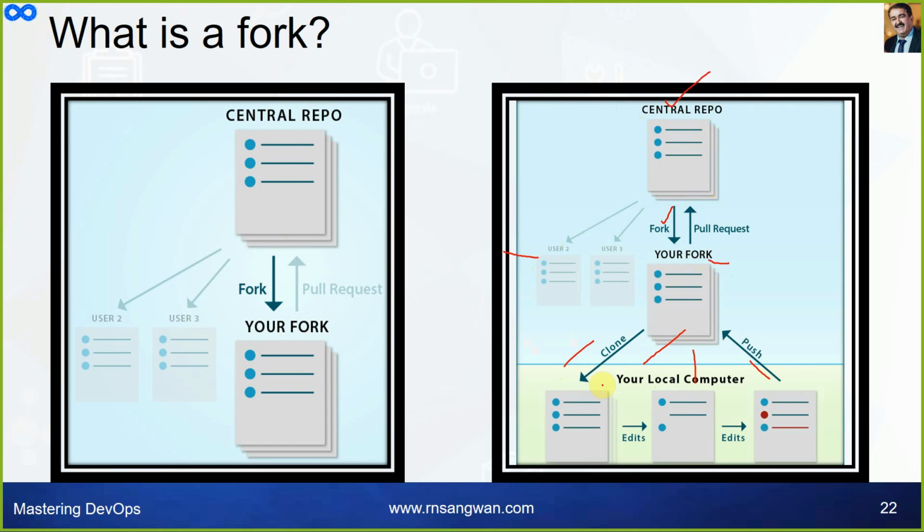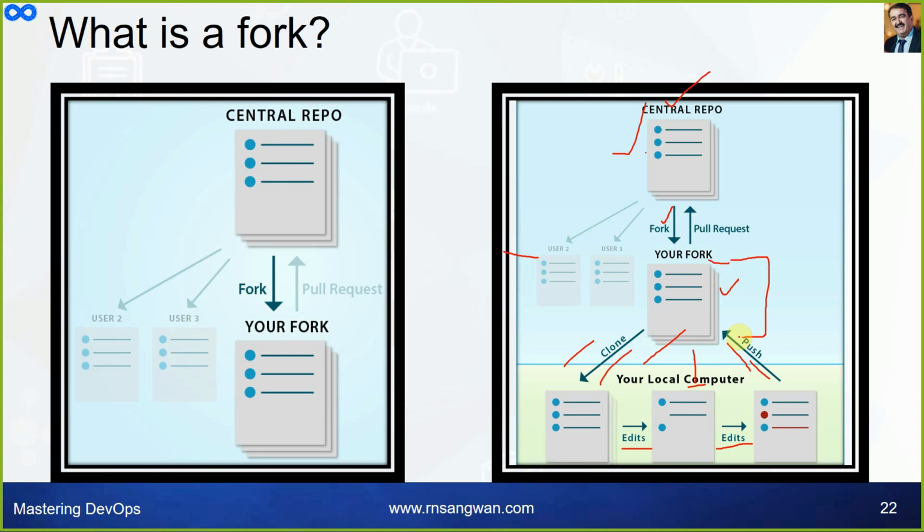So this push will work. Clone, alright, your local system, edits happening, and you are pushing it, but this is your repository. Now you are no more connected to this. Because when you fork it, that means you are creating independent data, an independent directory for yourself, an independent repository.